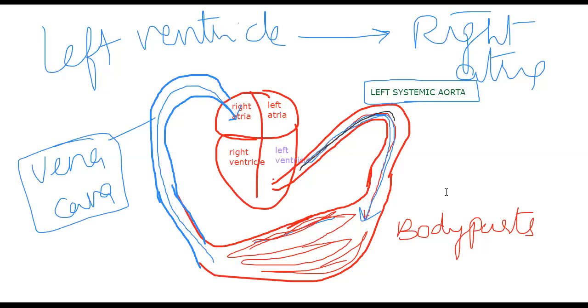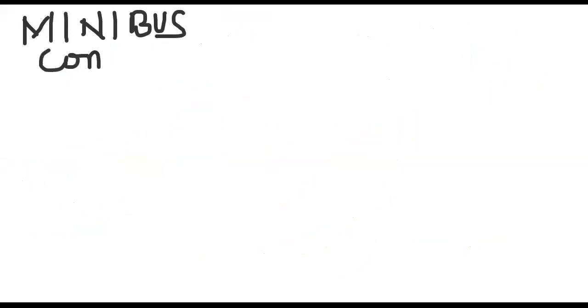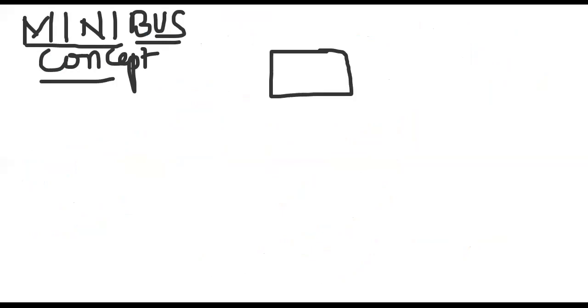In the mean period of journey, what happens, we need to go over. Before I continue, for our easy understanding, I used to go for a small story which I call the mini bus concept. After learning the mini bus concept, we'll learn what is lymph. In future, even if you want to remember the concept of lymph, this story will be helpful for you. Okay, imagine from our college,